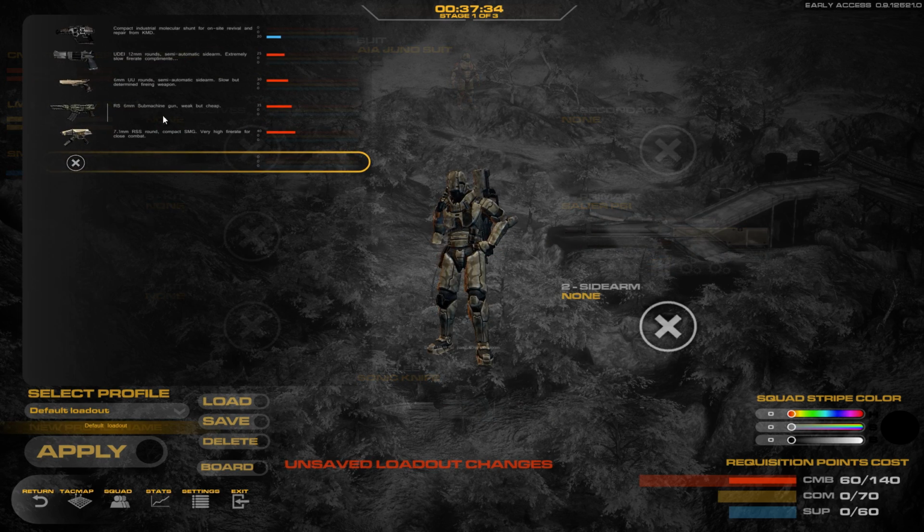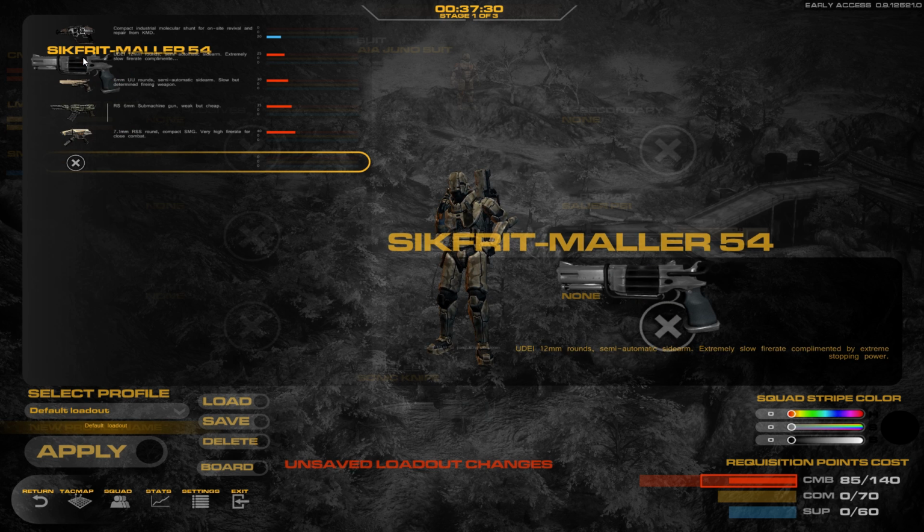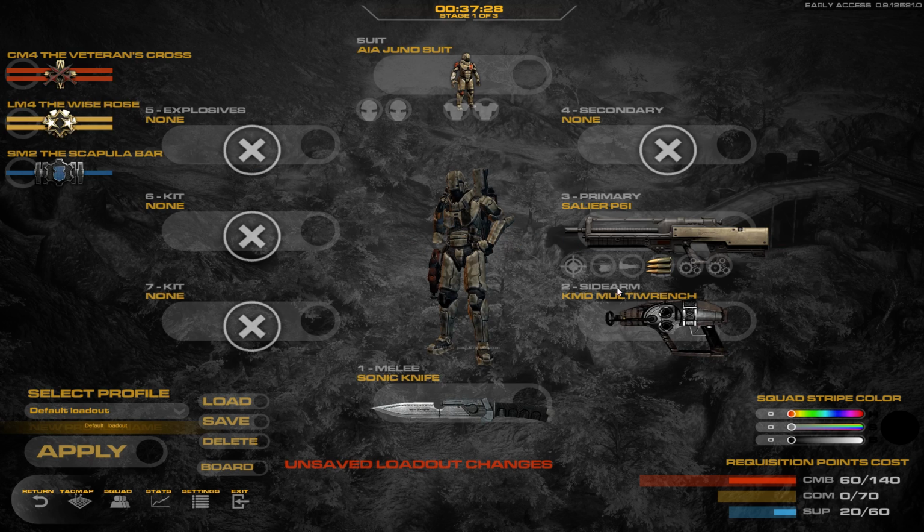Next we'll have our sidearms. Again, carry an SMG, maybe a pistol, revolver, but here we got the KMD multi-wrench. Now what this is, it's like a med gun from Team Fortress 2. You can use it to heal teammates, you can use it to revive teammates that are dead but bleeding out. They can hit F to escape and go back to the main menu, or if you're nearby you can res them. Also, you can use it to repair consoles and damaged